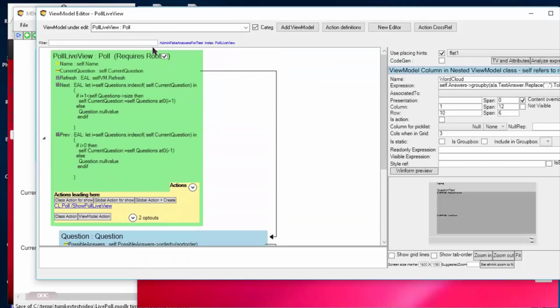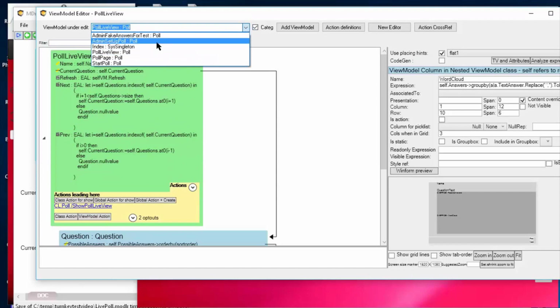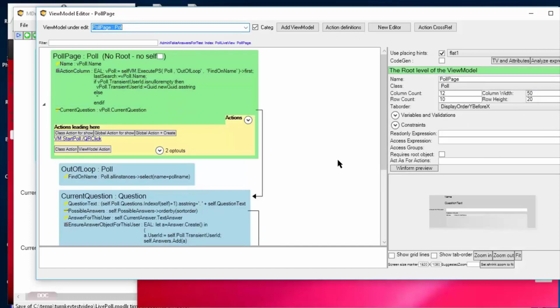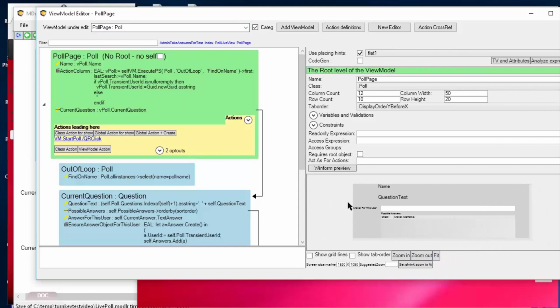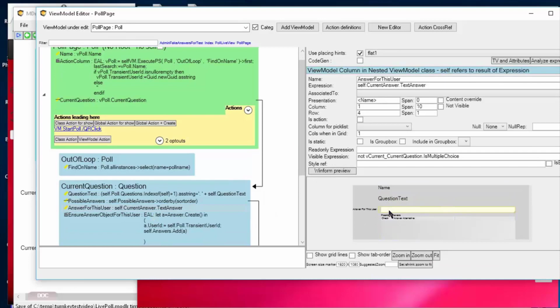Yeah, and also the poll view for people to actually participate. It looks like this. Not much. It's the name of the poll, the question text, and possibly your answer if it wasn't multiple choice, then it's visible, otherwise it's hidden.